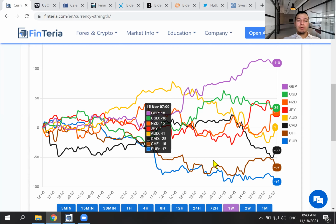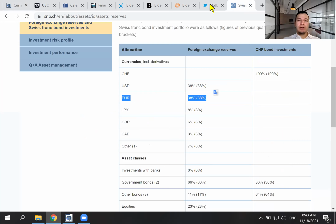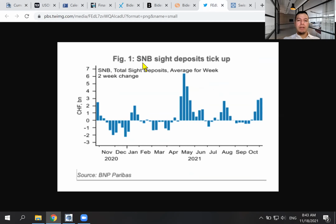When this type of situation occurs, in my opinion, this is mainly due to interventions by the Swiss National Bank. There's some confirmation from the SNB sight deposits. We can see that sight deposits are ticking up. This information is released on a weekly basis, and it means that there's a high level of interventions from